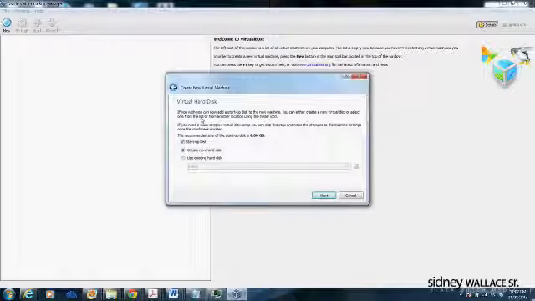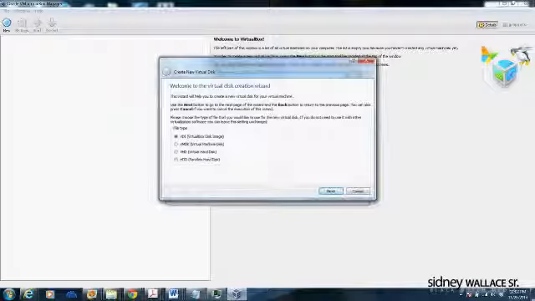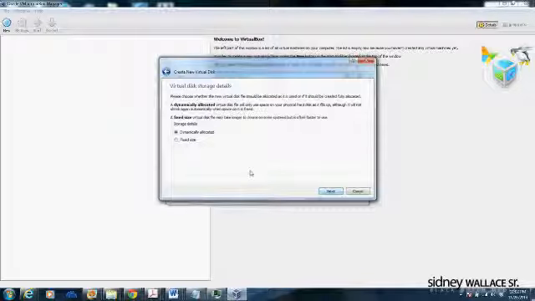Right here, talking about the virtual hard disk creation. As you see, I don't have an existing disk, so I'm going to create a new hard disk. I'm going to go with the first option and use the virtual disk, the VDI. I'm also going to go with that first option to use the